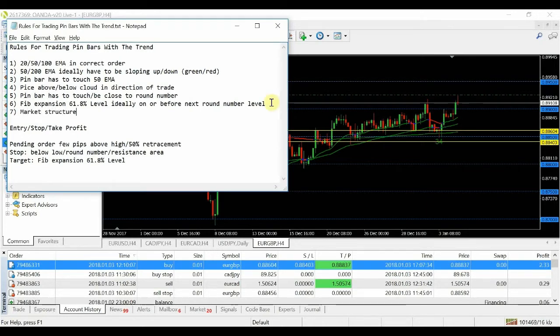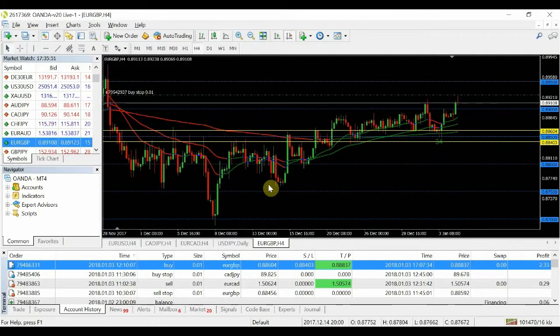Market structure. The reason I think that's important is just looking at the trend, what's going on here. Are we making higher highs, lower highs, etc.? It's not the cleanest because it does look a bit choppy here, but with everything else, with where we are on that round number, with the moving averages in the right direction, and we are making lower highs here,